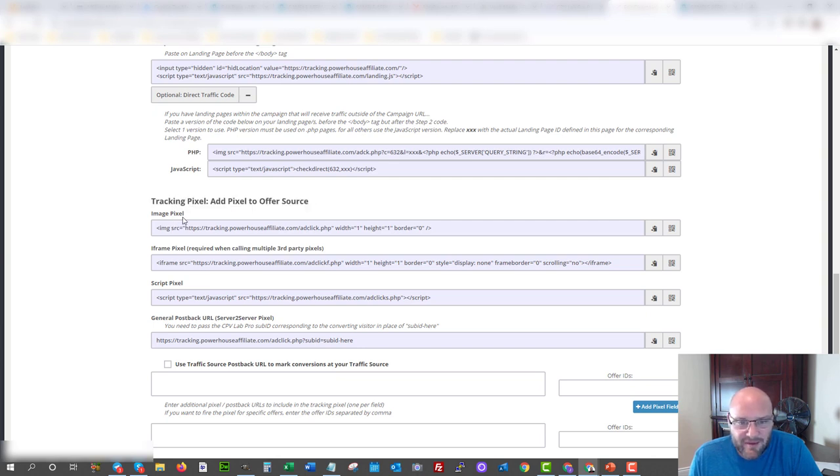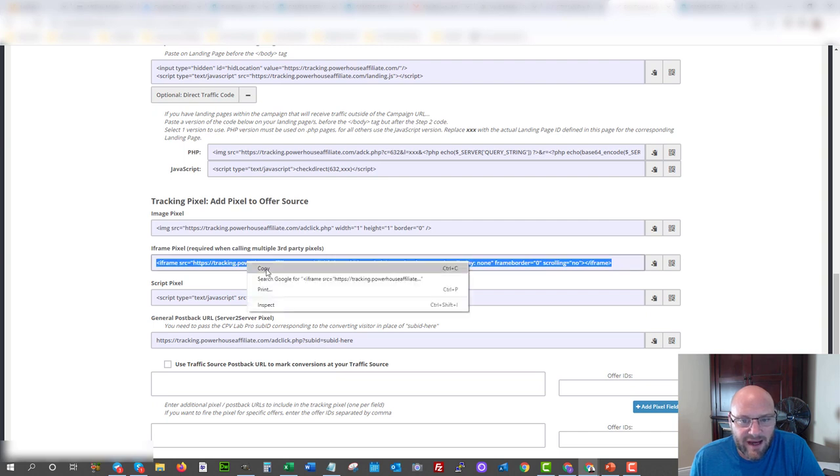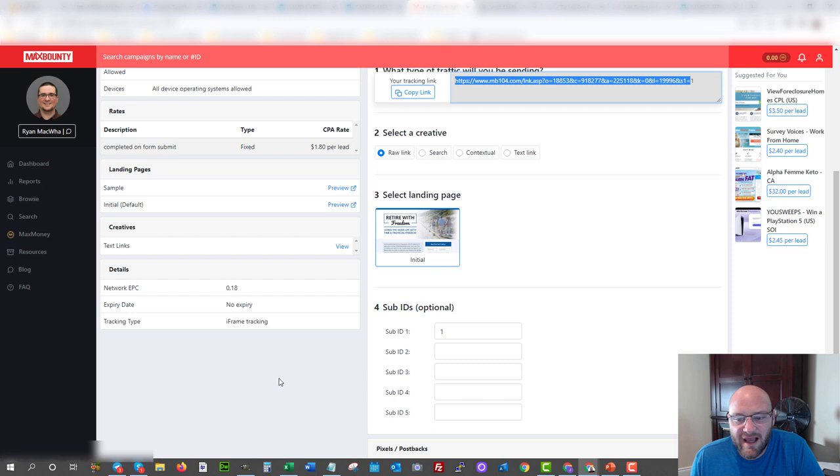You can use an image pixel, an iframe, a script, or a server postback. Now here's where it's important. The server postback is the most accurate tracking you can do. Some affiliate networks don't allow server postbacks, which means you'll have to go the next level, which is iframe pixels, okay? You would just simply copy that, and now when you come into Max Bounty or whatever CPA network you